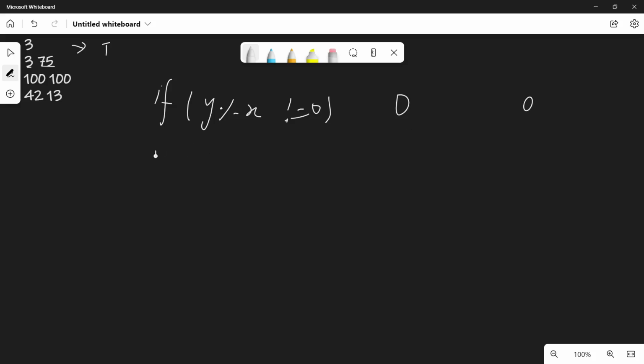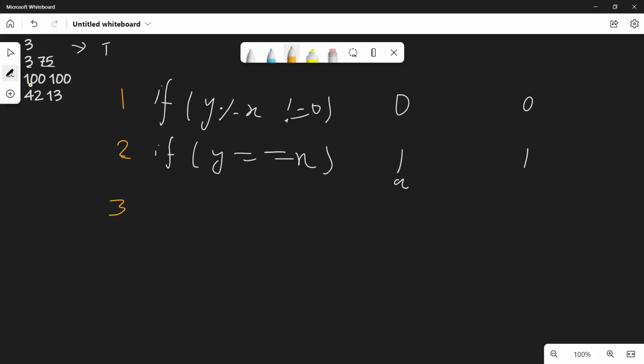Second, if y is equal to x, then we'll print 1 and 1. You can choose the value of a from 1, anything, 2, 3, 4, 5, anything.